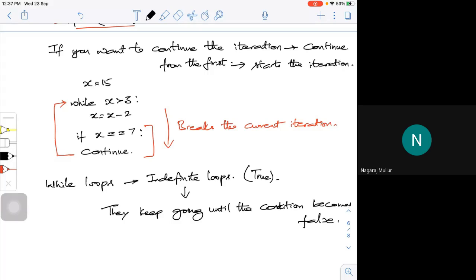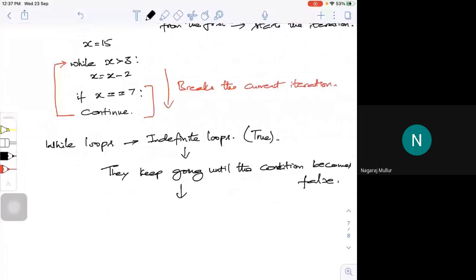Otherwise, if I don't use any break or continue statement, it keeps running infinitely. Once it reaches a condition where it is false, it comes out. That means it is a logical condition. What is a logical condition? Either true or false, 0 or 1, just like that.